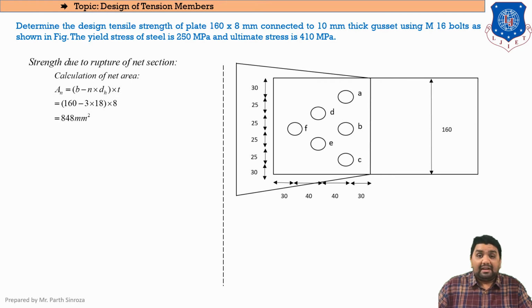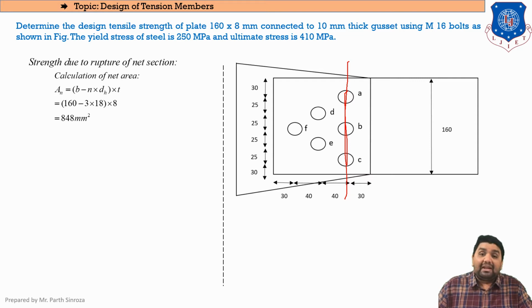So this staggered bolting will be divided into different parts or different paths. We will always start from the outermost bolts. Keep in mind, we will always select the first path to be our outermost bolts, and we will be taking the vertical path. So our first path will be ABC. This will be our first path. Clear? So we will be taking this cross-sectional area, and we will be finding the area on this line as I mentioned here.